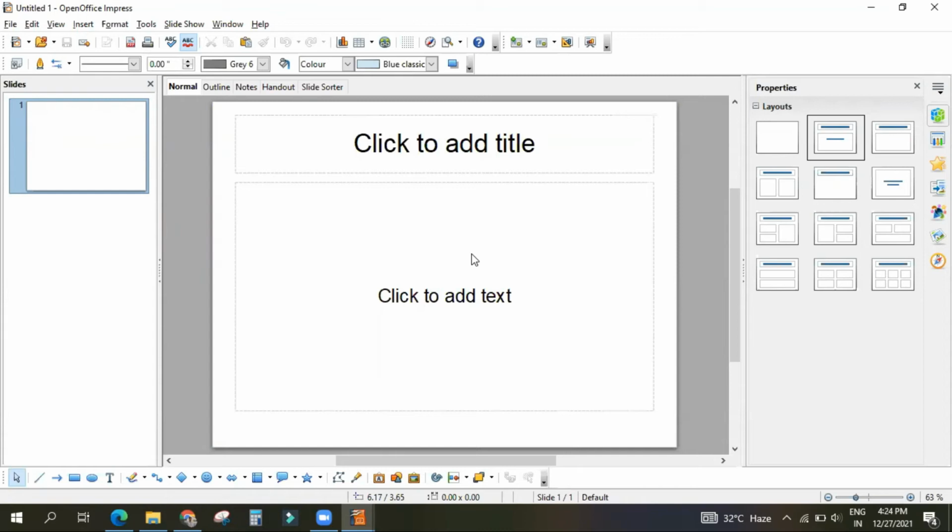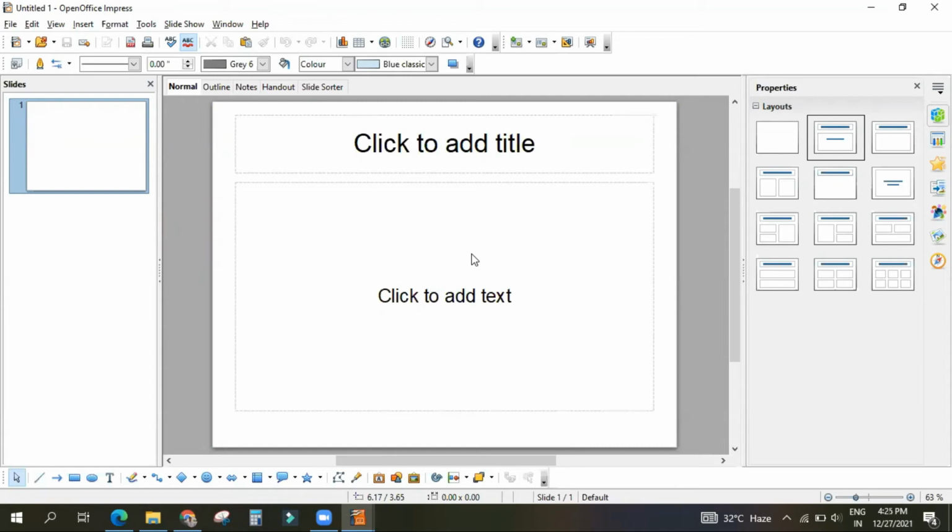Understood? Yes, sir. That is the difference. Save As means the file is nowhere, only the operation is going on. Save means the file is somewhere, some modification has been done, and now you want to save it, overwrite it. That is what your Save is.